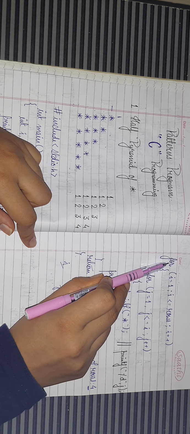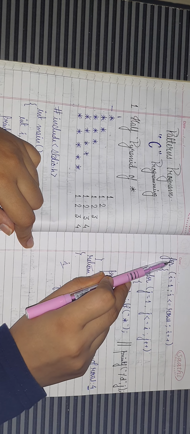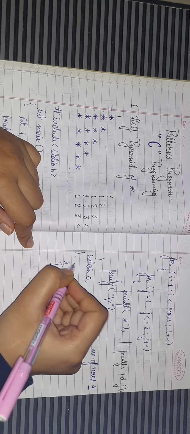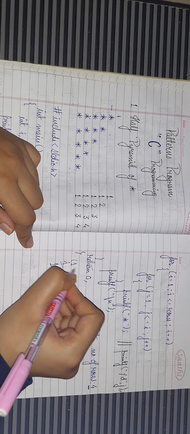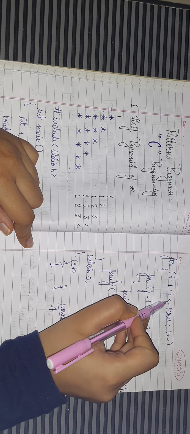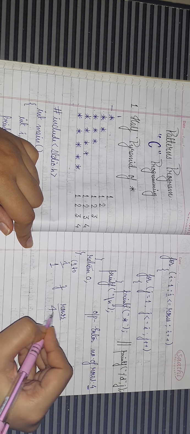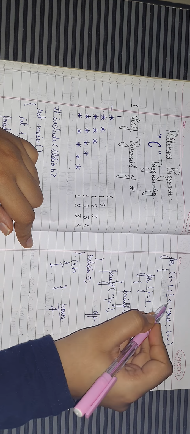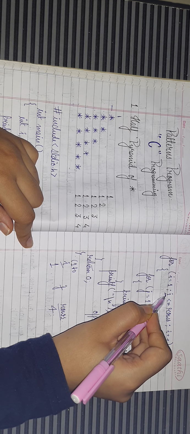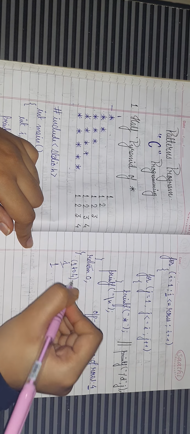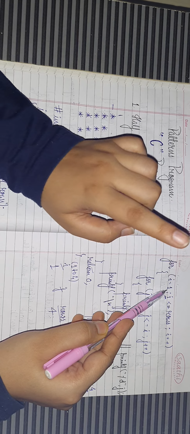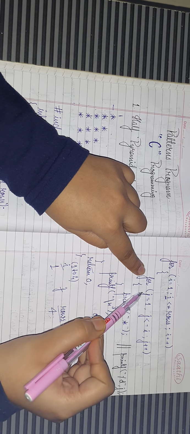So the first loop is for i equals 1, means i will start from 1 and go up to i less than or equal to rows. We have assigned rows as 4 and here we have given the equals-to symbol. Okay, so i will run from 1 to 4. Now for each value of i, listen to me, for each value of i the j will run.